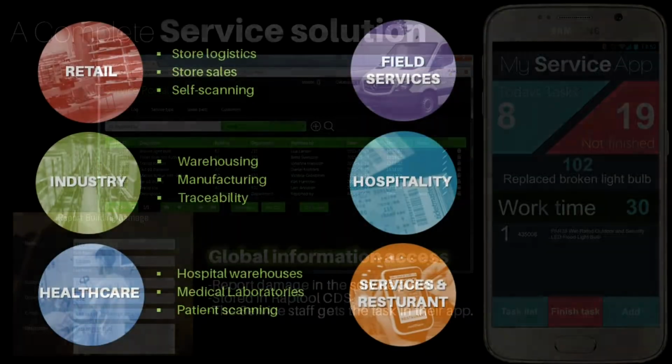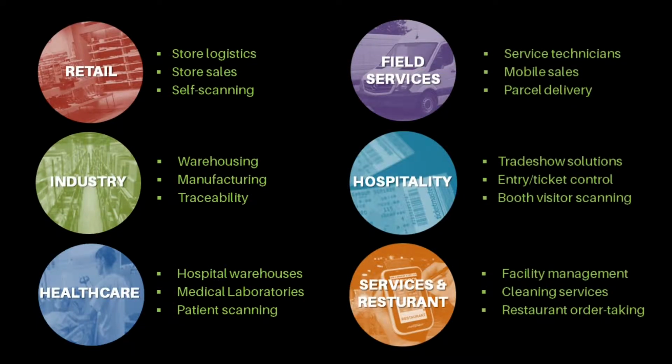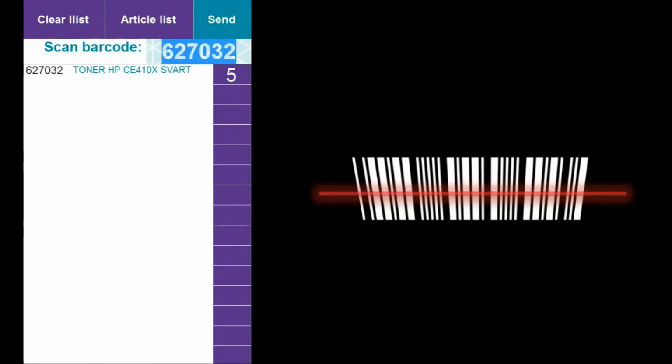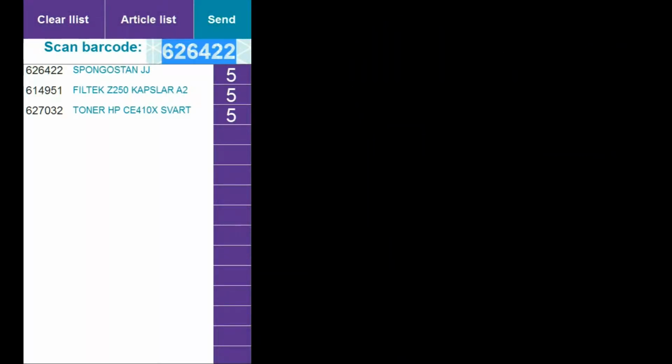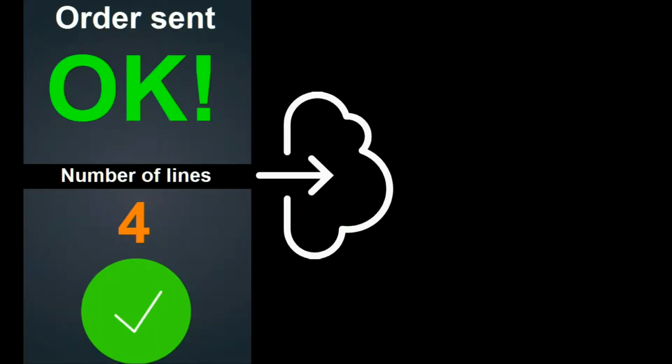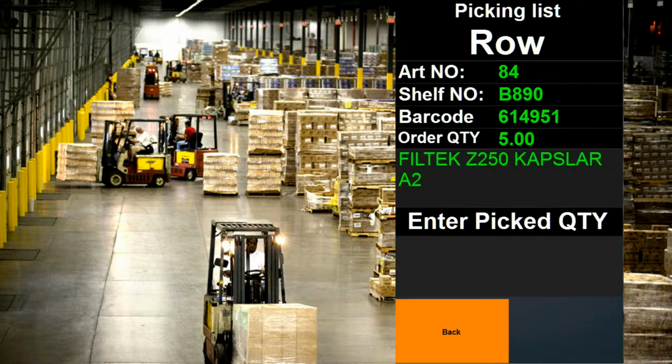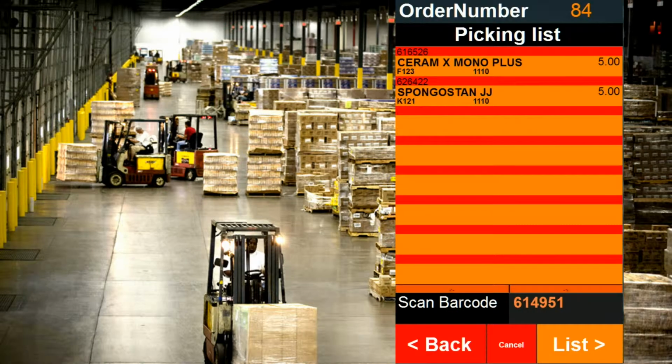You don't need to start from scratch. There are thousands of pre-built apps and complete solutions that you can use out of the box. Here are some examples. The RapTool Order app lets your customers simply scan a barcode to place an order for your products. In the warehouse, workers can pick up the products for the order in the RapTool Warehouse app.